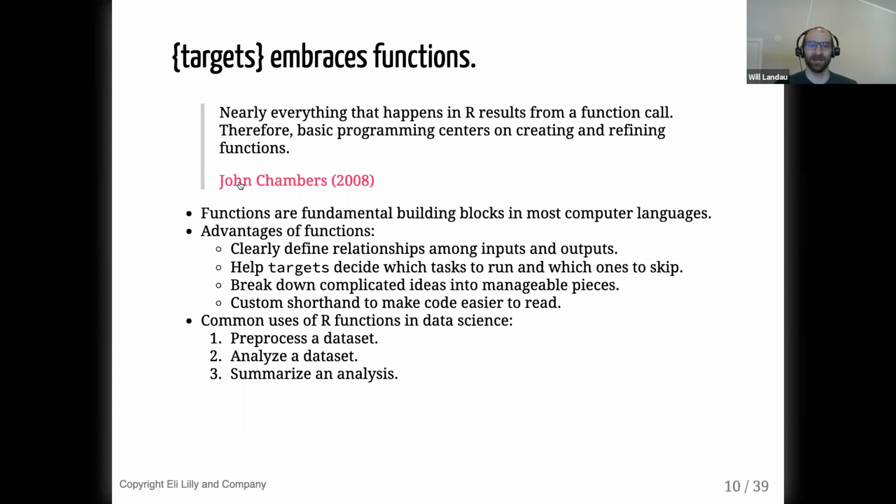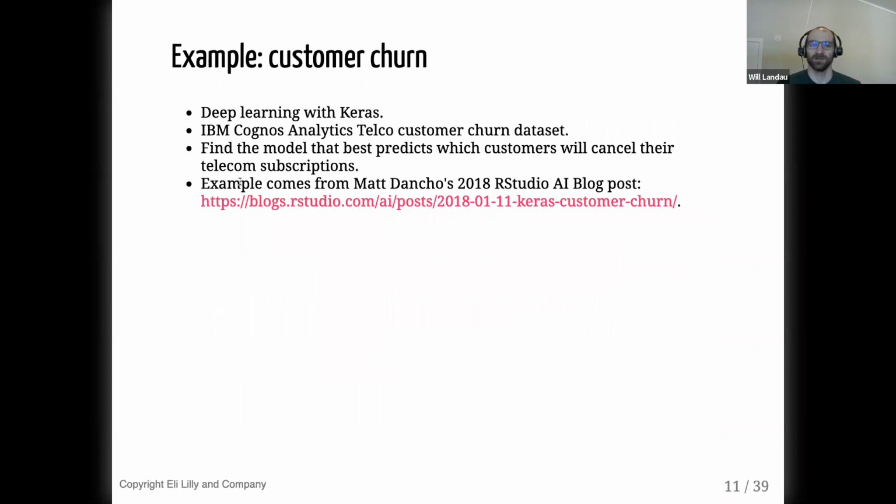Now, I realize that this is a burden for a lot of people, which is why some of the extensions to targets that I'll get to reduce the volume of custom code and reduce the burden of writing functions for everything in some very common cases. But for this example, we're going to write functions for a lot of stuff. We're going to write functions to obtain data sets and to fit models and to post-process results. So when you write a function for data analysis, it's typically going to be preparing a data set, fitting a model, or summarizing the results of a model. And the outputs,